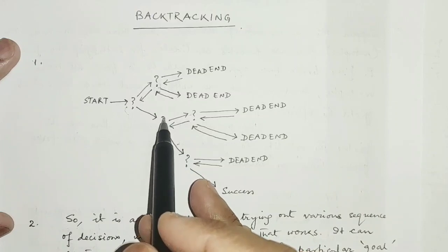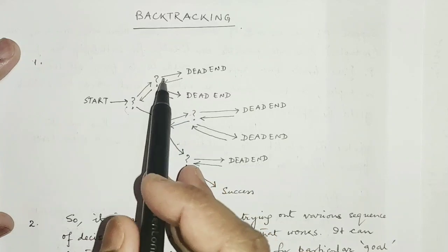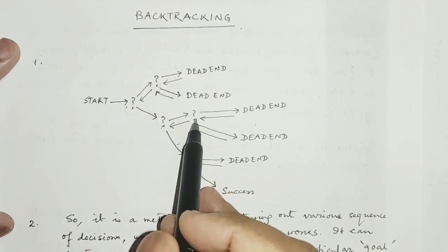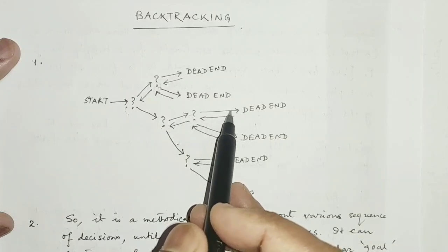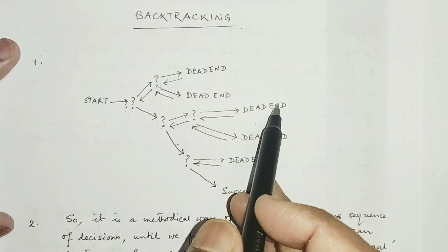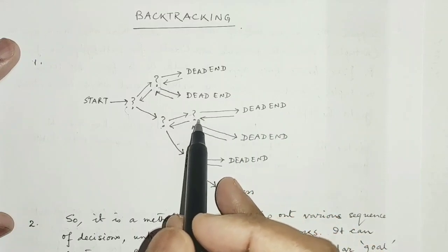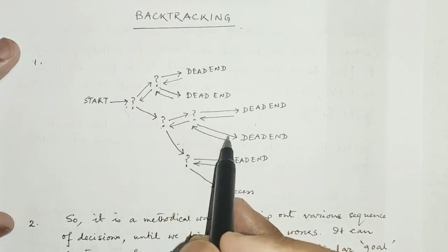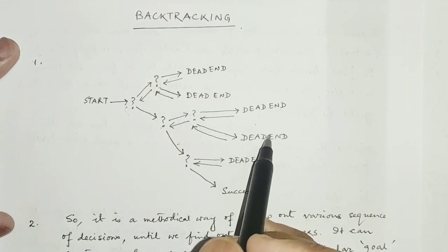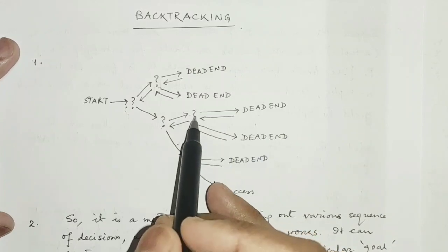Considering my approach of moving left first, which I applied here also, I move left, coming to this point, then I move further. Unfortunately it is a dead end, so I come back. Here also I had another alternative, I move on. Unfortunately it is also a dead end as per the diagram. I come back here,